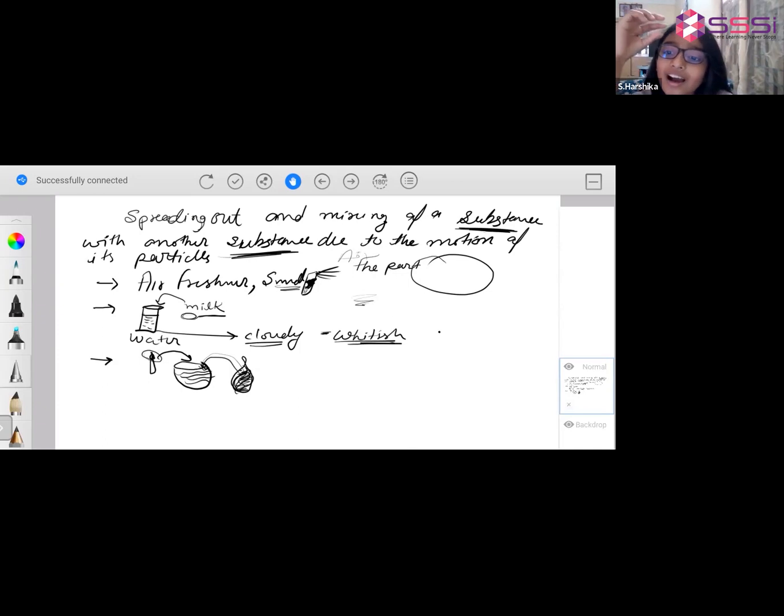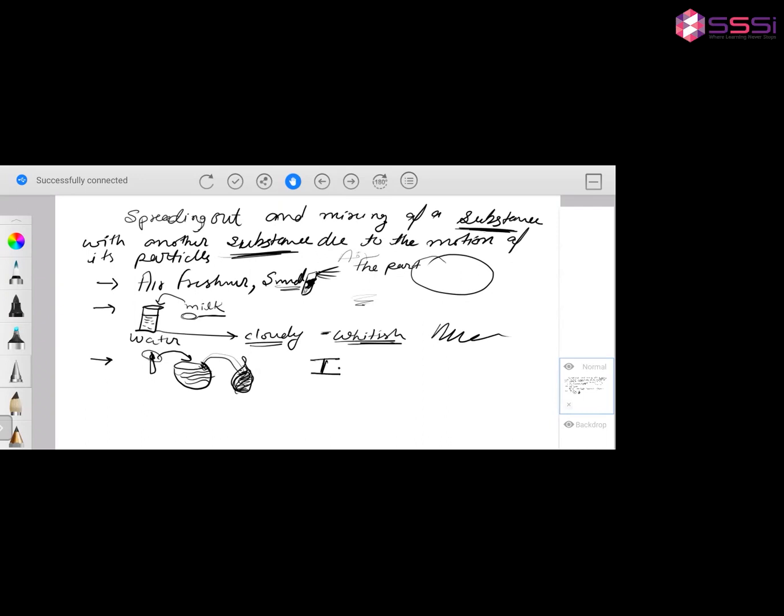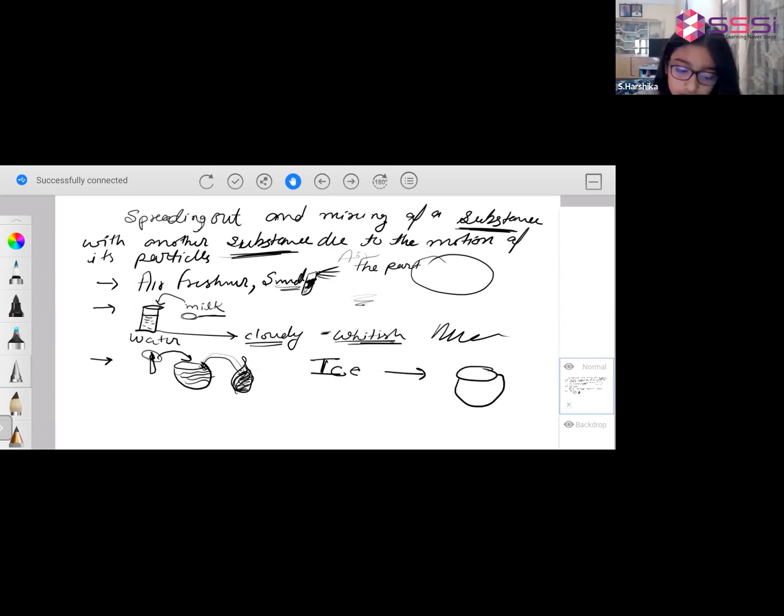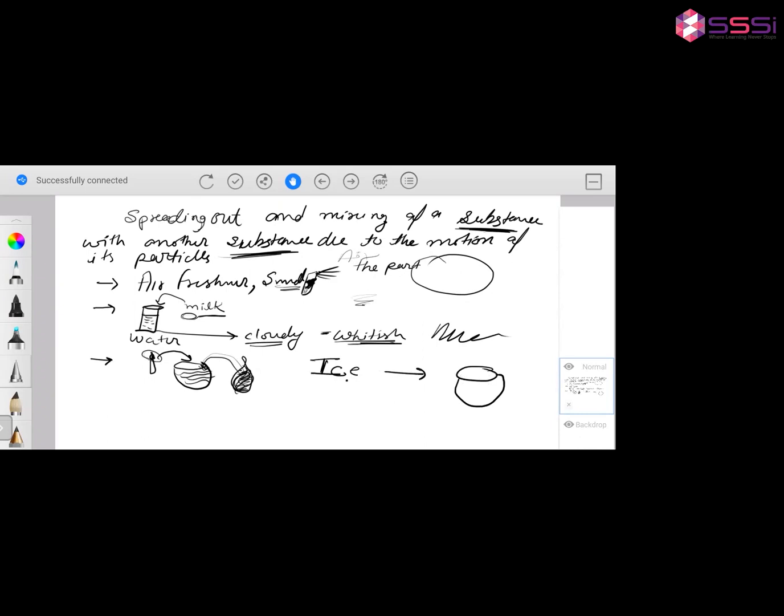But you told, ma'am, that ice changing into water is also diffusion, right? Ice changes into water. Yes. We can say this because the particles of ice just spread out, but not into another substance.